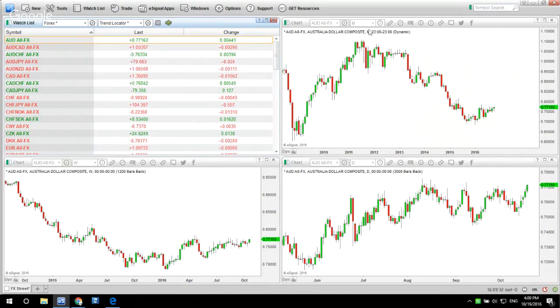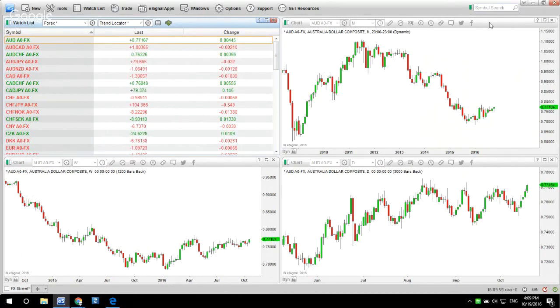So top right is the monthly chart. Bottom left is the weekly chart. Bottom right is the daily chart. So I've got 3 charts that I use in unison. If you're using, for example, the daily, the 4 hour, the 1 hour, or the 5 minutes, start working your way up. You don't want to be on lower time frames. The lowest you really want to be going is the 4 hour, if you really want to be using intraday charts. Less than that is becoming very noisy.